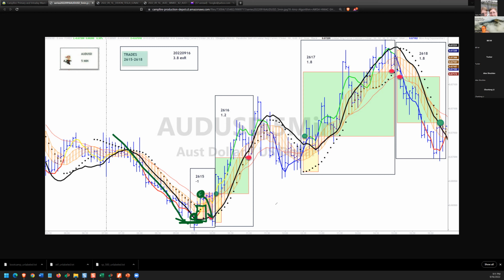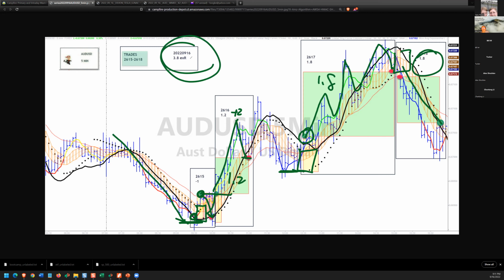There's a quick sell-off. It reverses again, so he just hits it again. It gets about plus 2 in hand, gives back a full 1, and still collects 1.2. Here's a PSAR flip. He hits it, had some fortitude holding all the way through here, gets 1.8, plays the PSAR flip as the rest of the market is selling off, nails it for 1.8 for a total of 3.8. Pretty good shooting.